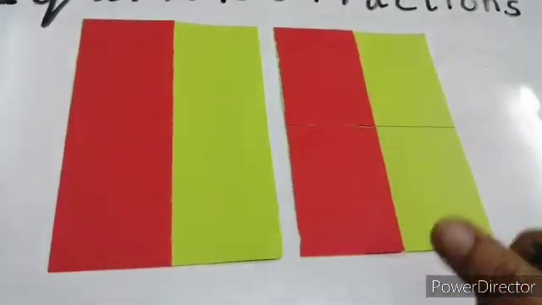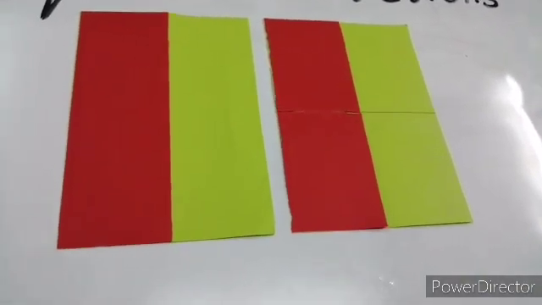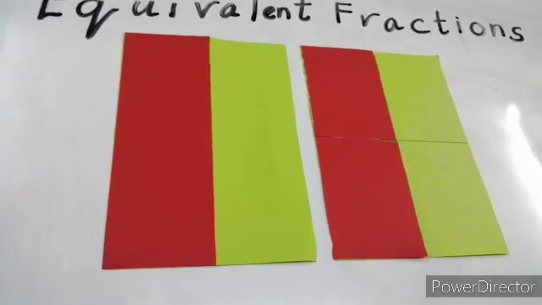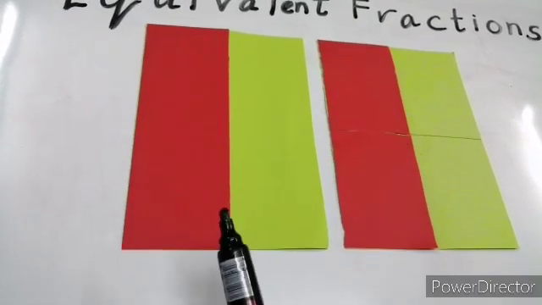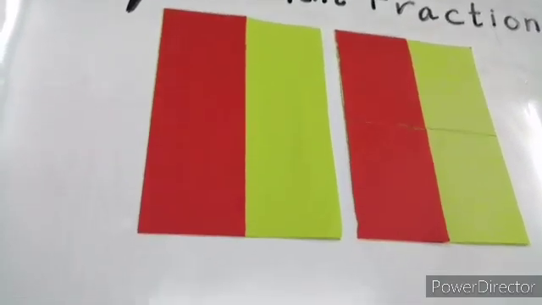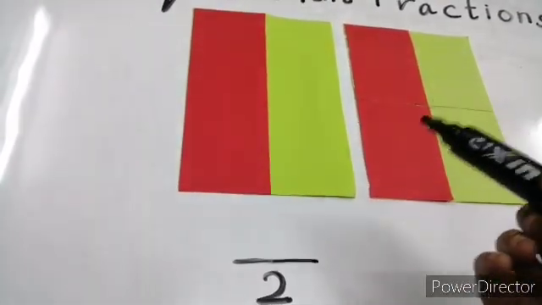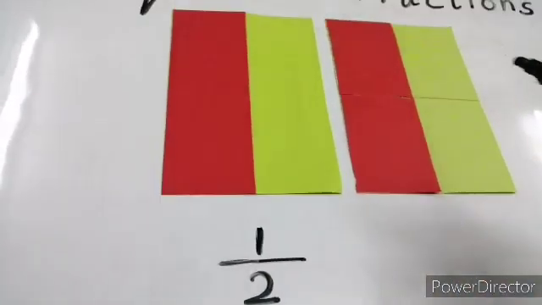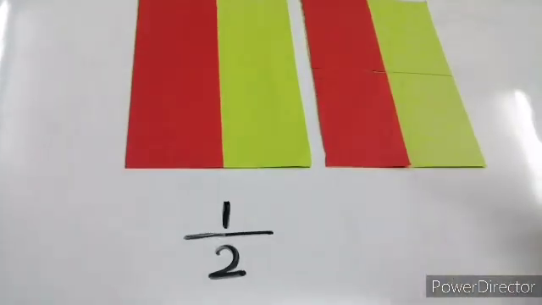Now let's try writing the fraction for this. Okay. So the first whole, the first sheet of paper, what will be the fraction? By now you all know how to write a fraction, right? See, how many parts are there? 1, 2. So that will come in the denominator. That is 2. And how many we have shaded? We have shaded 1. So the fraction for this sheet of paper is 1/2.